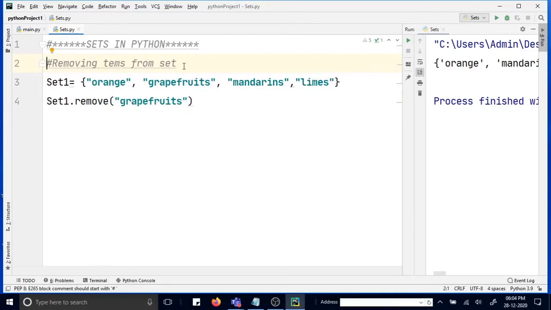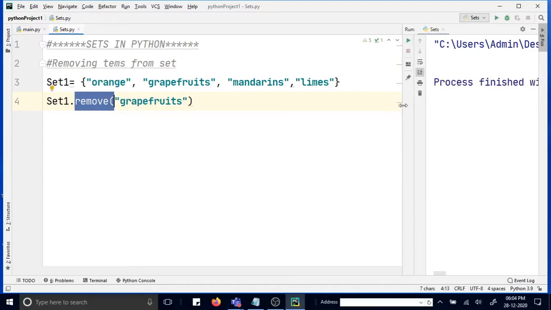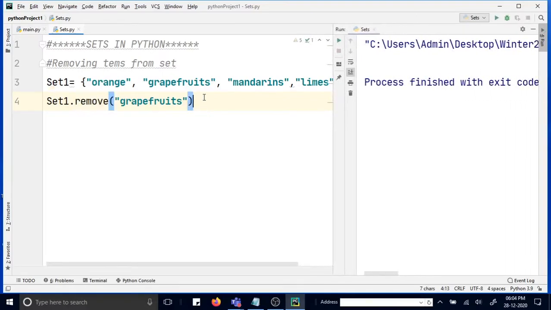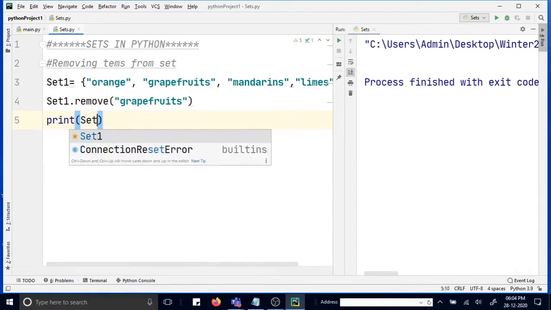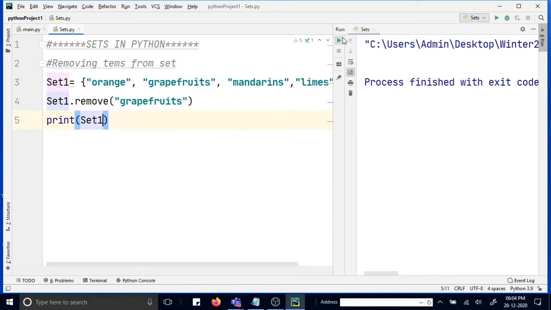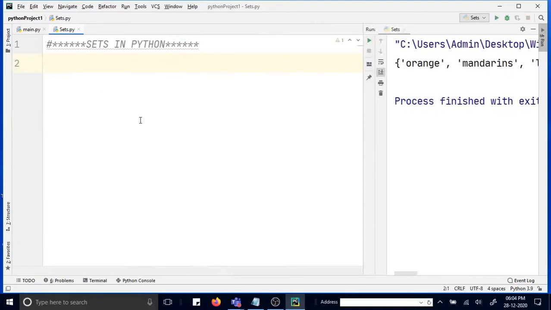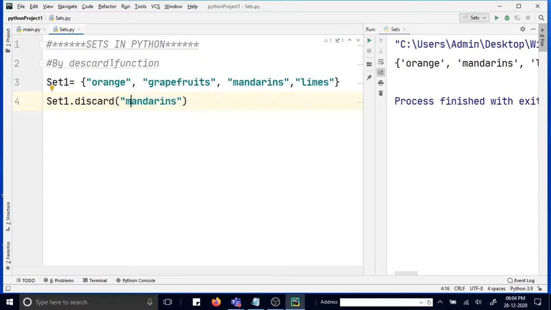Removing items from the set, you just have to use the remove function, and then finally if you print. The discard function will discard this fruit from the existing set.